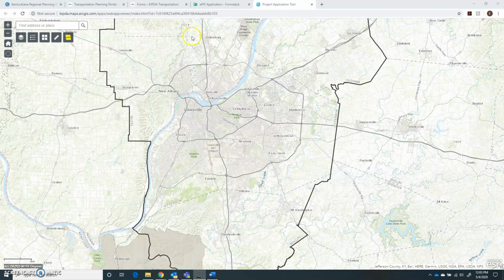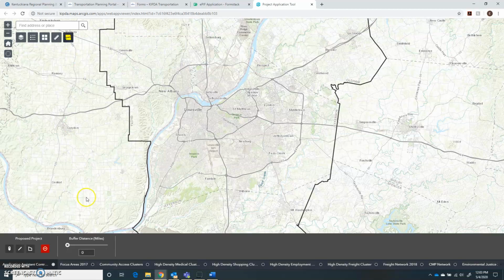To draw your project, you will click on the yellow icon on the far right. There are options in the bottom left-hand corner for point, line, or polygon features. Most projects will use a line. You could also use a point for an intersection, or a polygon if you're representing an interchange or a larger corridor area. I'm going to represent our test project with a line